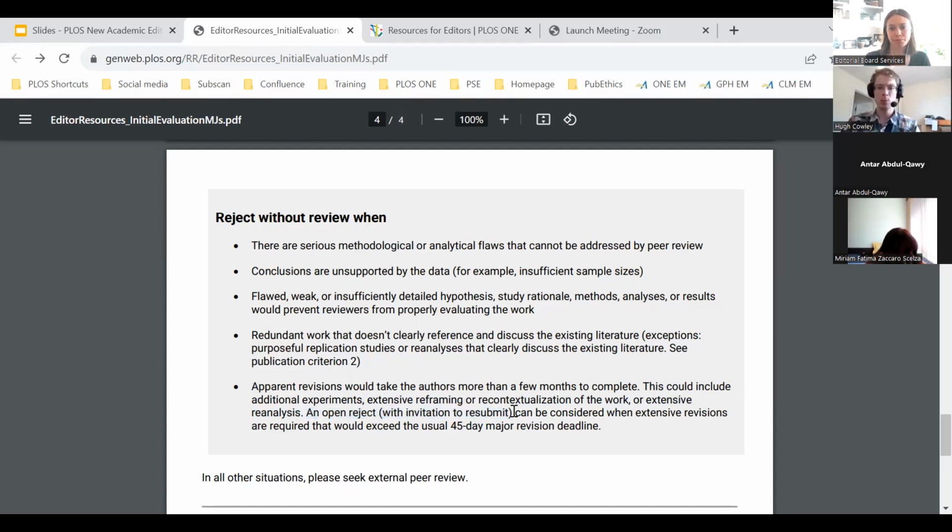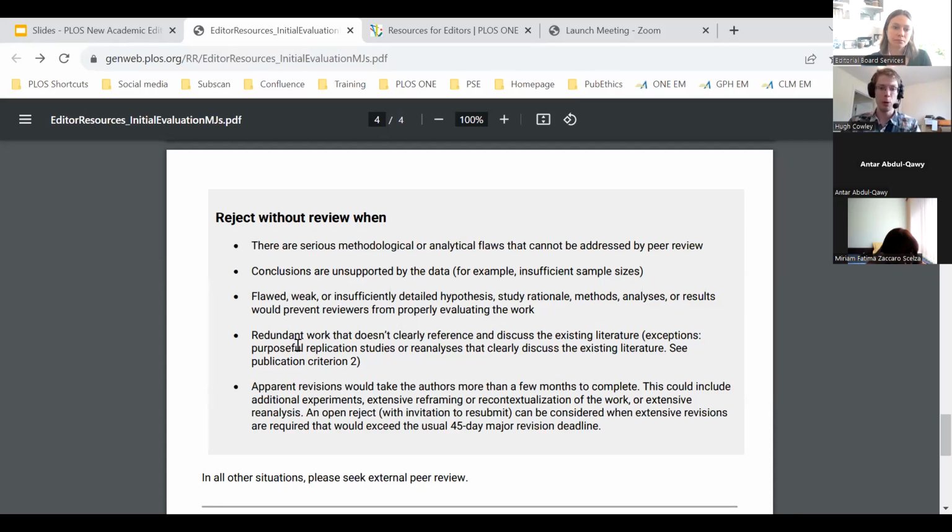There's not a specific option for this on Editorial Manager, but if you consider that the work could become potentially publishable, please feel free to issue a reject decision at this stage, but mention in your decision letter that you would encourage a resubmission once the concerns you've identified have been addressed.